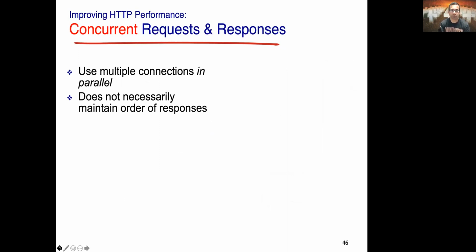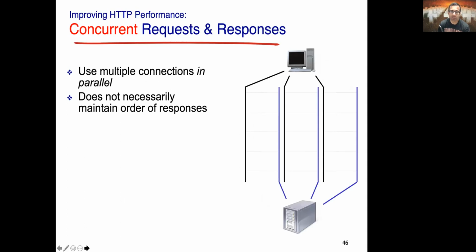So obviously this approach of doing things sequentially is perhaps not the best thing to do. So you might say, hey, sure, we could still use multiple connections, but you could open them in parallel, right? So rather than doing that sequential one by one request, once you have fetched the index page, you know how many objects are in the page. So then you could open as many connections as there are objects and send all those requests in parallel across those multiple connections, right? So imagine that index page had 3 objects. So you could set up 3 connections in parallel, and you could send the 3 requests and wait for the